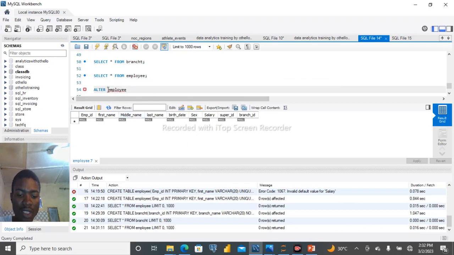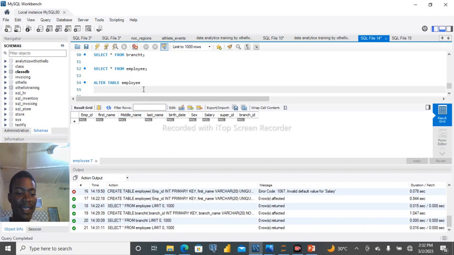No, alter table. Alter table, then the name of the employee. Then you move to the next line. Then you say add modifier. It's not going to be add again because this table has been created. Basically, what I want to do is make supervisor ID and branch ID a foreign key